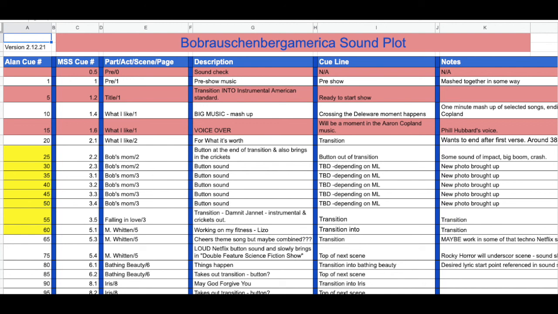It's sound check. There are no cue lines and I have no notes, but the next one you can see is pre-show music. Pre-show is the cue, so when you're about to start house. And then it's the songs that had been requested from the directors need to be mashed together in some way. So yes, sound also has